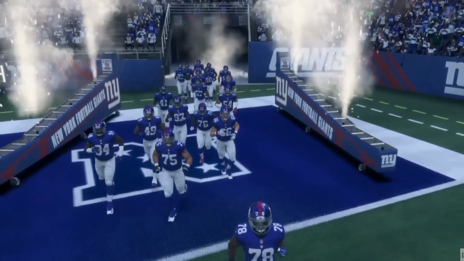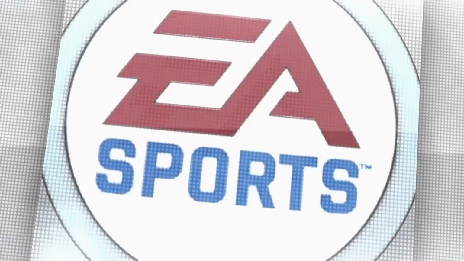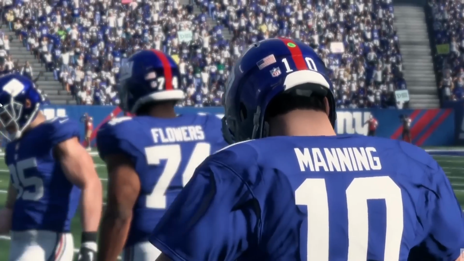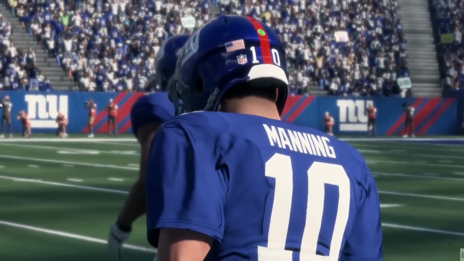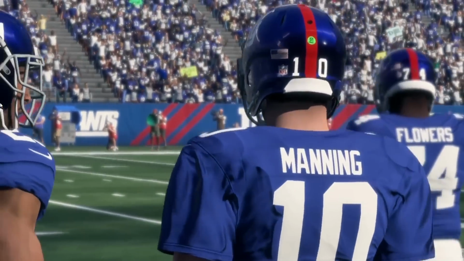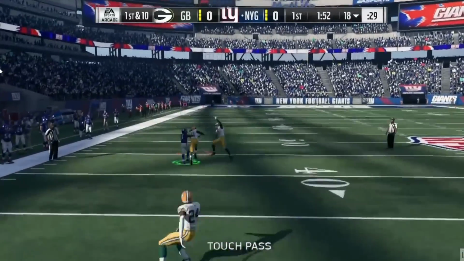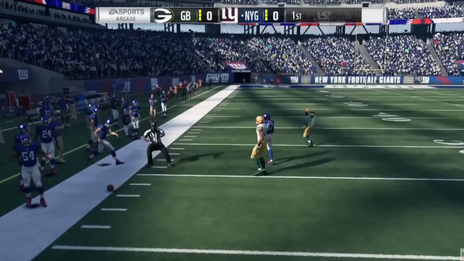It's all about the visuals. They want their game looking as realistic as possible. And in my opinion, Madden 18 looks night and day better than Madden 17 or 16. But with that came a sacrifice. And ever since Madden 18, not only did they strip us of all of the different game modes that we could play, focusing way too much on Ultimate Team,